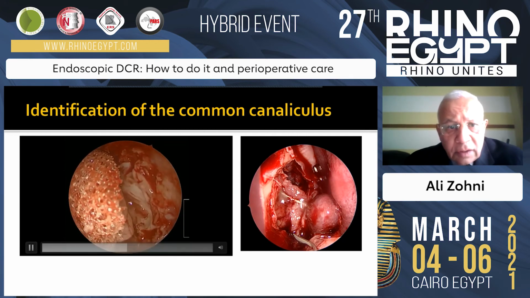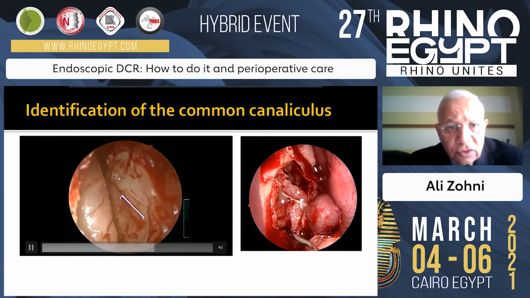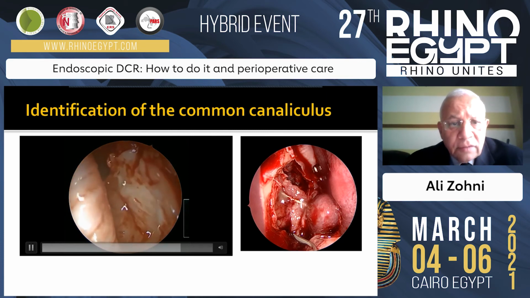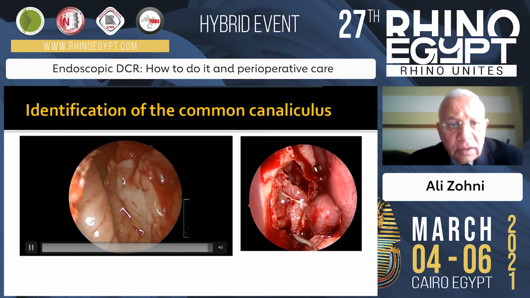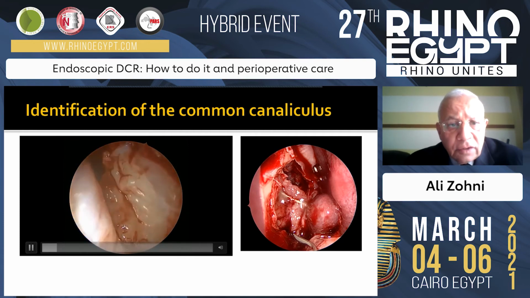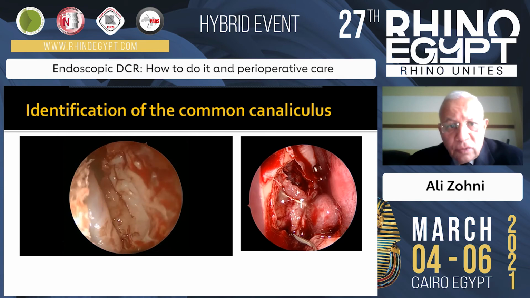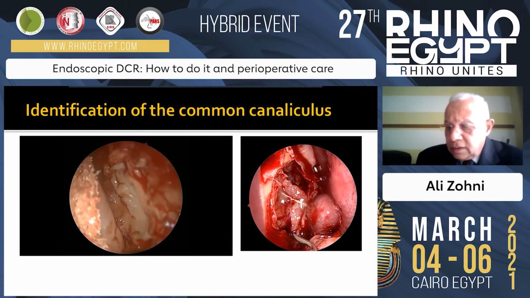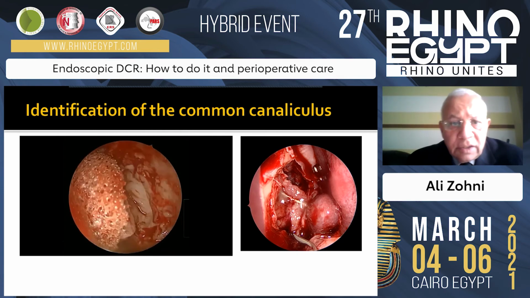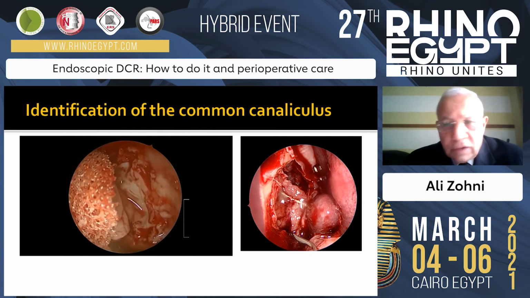We can do the ballottement test, and if we are irrigating fluid from the punctum, we can identify the fluid coming out of the area of the common canaliculus. We can do manipulation also to dilate this area if it is predetermined that it is involved in the stenotic